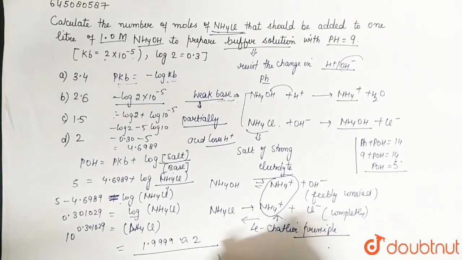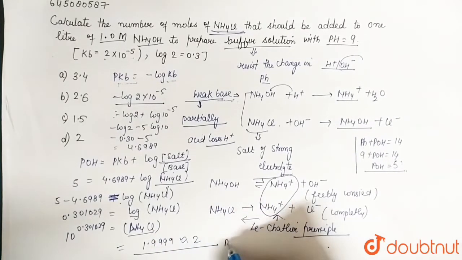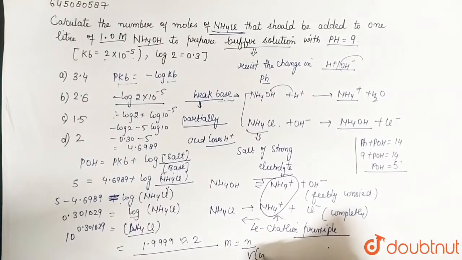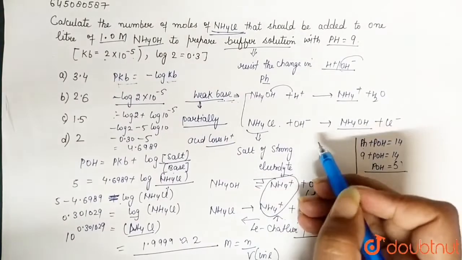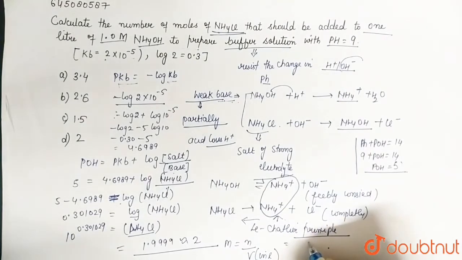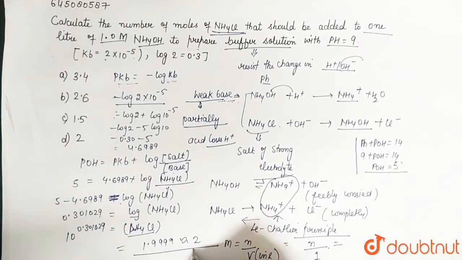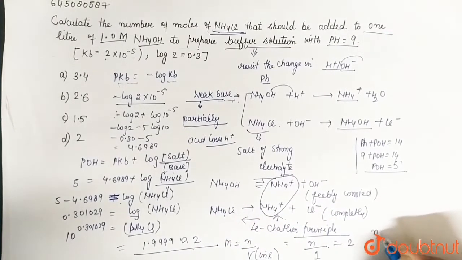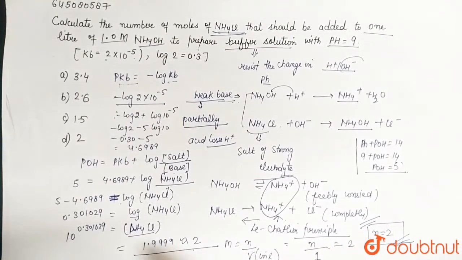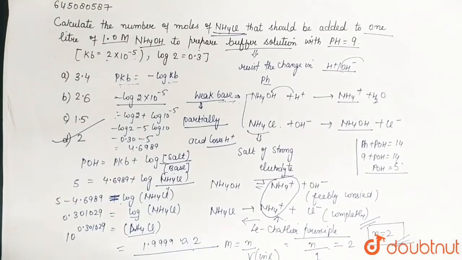Now molarity is the number of moles divided by the volume of solution in liters. That is given in the question, here it is 1 liter. We need to find the number of moles. The volume is given, that is 1, which is equal to the concentration we have found from here, that is 2. So the number of moles, this is the required answer. The number of moles comes out to be 2. So the correct option, that is option D, will be your right answer.